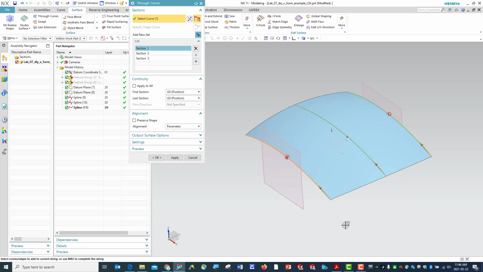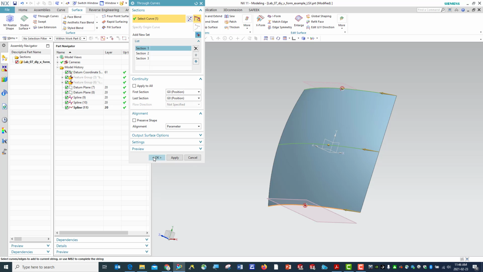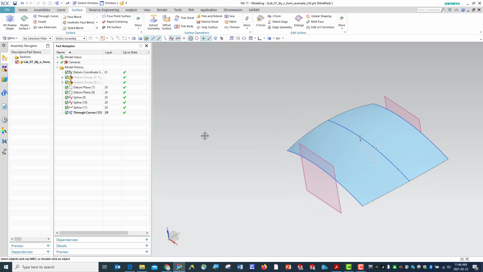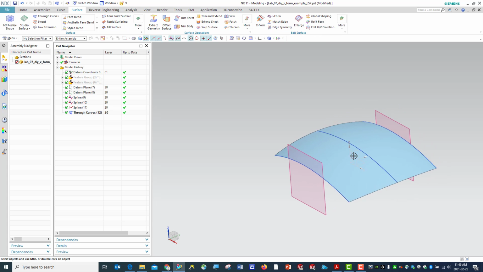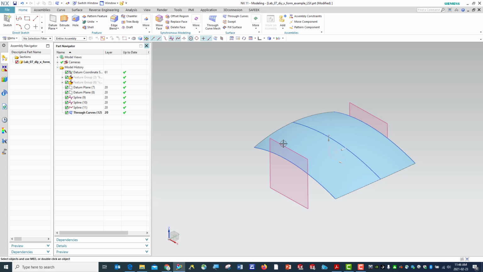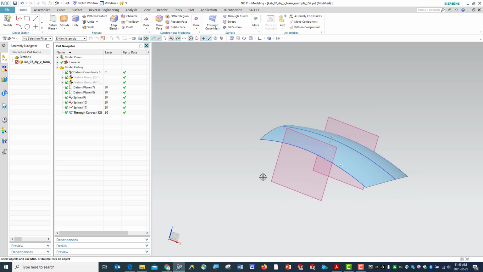Okay, the surface has been created. All right. Now, as before, we can modify our curve using xForm. However, if xForm is not available, we can manipulate this surface by modifying the distance between the two planes. For example,